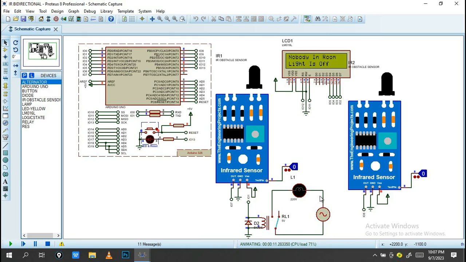It's on Proteus, but I encourage that if you do it practically, the system will work perfectly,